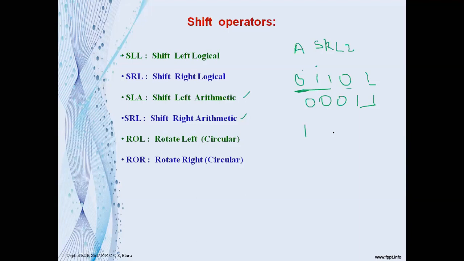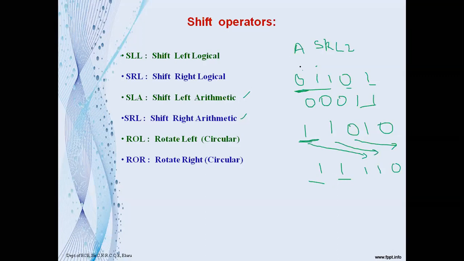So take another example, 1 1 0 1 0. Take this example. So now you are shifting the bits right by 2 times. What happens when shifting right by 2 times? This comes to the 0 position, this 1 comes to the second position, and this MSB bit comes to the third position. Which means that it is 1 1 0, right? So now what about the vacated bits here? We have 2 vacated bits. So in these vacated positions you will get the MSB bit. What is the value of MSB bit here? 1. So that will be placed here.